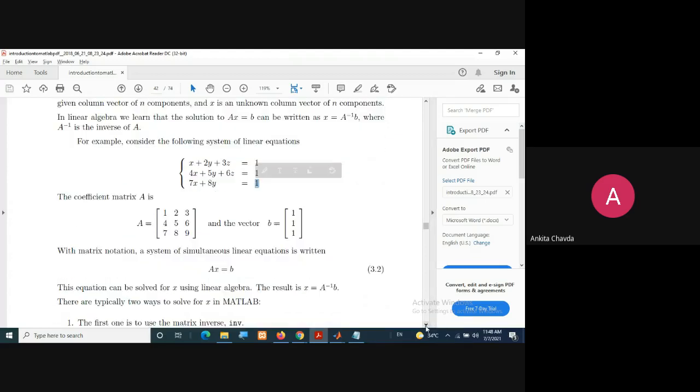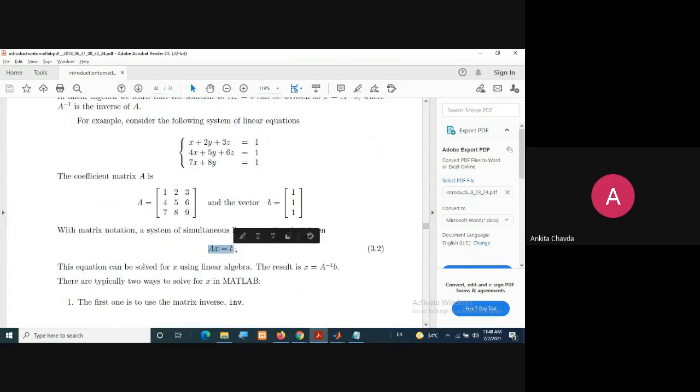Now if we have the equation Ax equals b, and you know this maths better than me, if I want only the value of x, I have to bring A into the denominator, and x equals A inverse of b will be your final formula. So how do you do this?